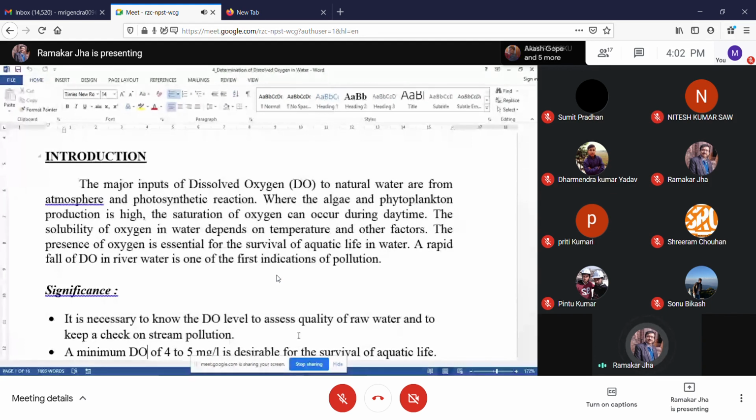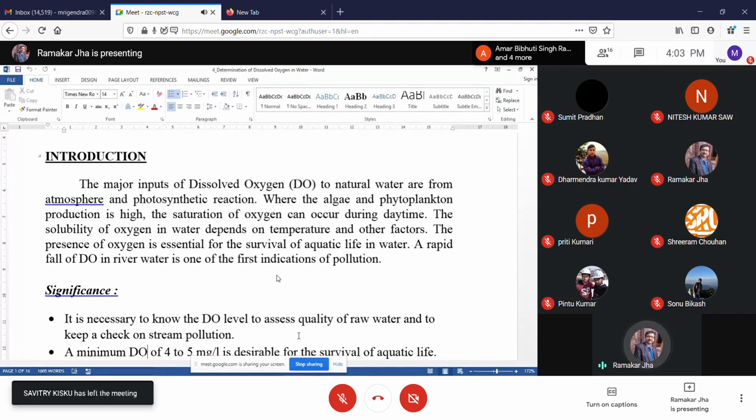Very good line they said. Very perfect line. If you are making tea and boiling the water, what will happen? When the water temperature goes up, the DO value goes down. That is why in BOD we measured at 20 degrees for 5 days. So we should measure DO also at 20 degrees. If I am getting a DO value at 25 degrees, I should convert it into 20 degrees.